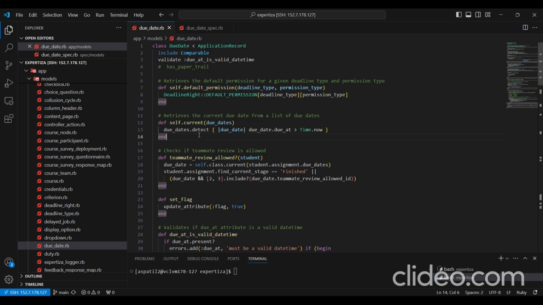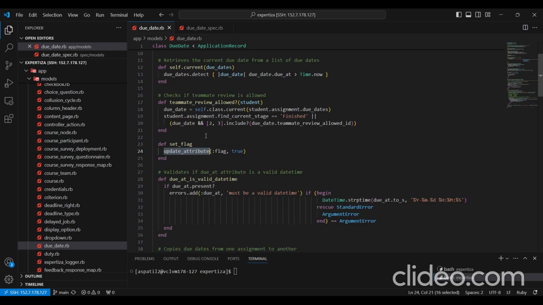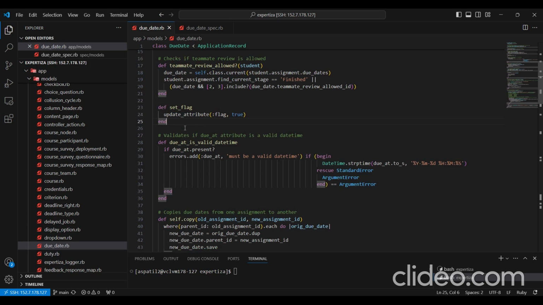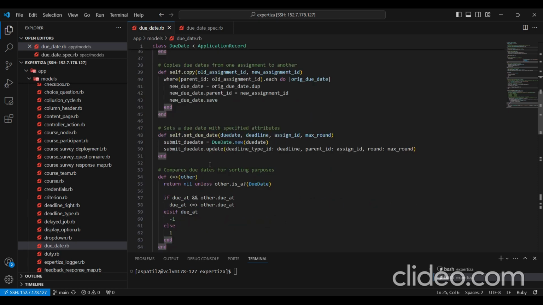After updating the names, we updated some of the code to use the latest Rails standards that were updated in Rails 5 and onwards. So this set flag method, it earlier would perform something like self.flag equal to true and then save, but using the update attribute helper method is what the latest Rails convention supports. So we updated that, and